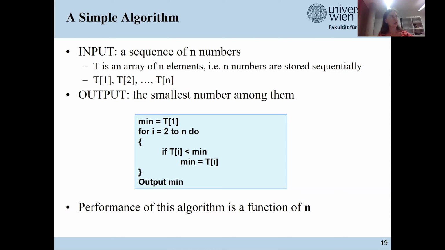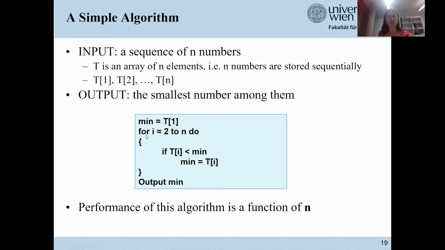And this algorithm is here written in a pseudocode-like fashion. So it starts by assigning a variable called min to the first number in our sequence. And now we have a loop. And this loop starts with the keyword for.